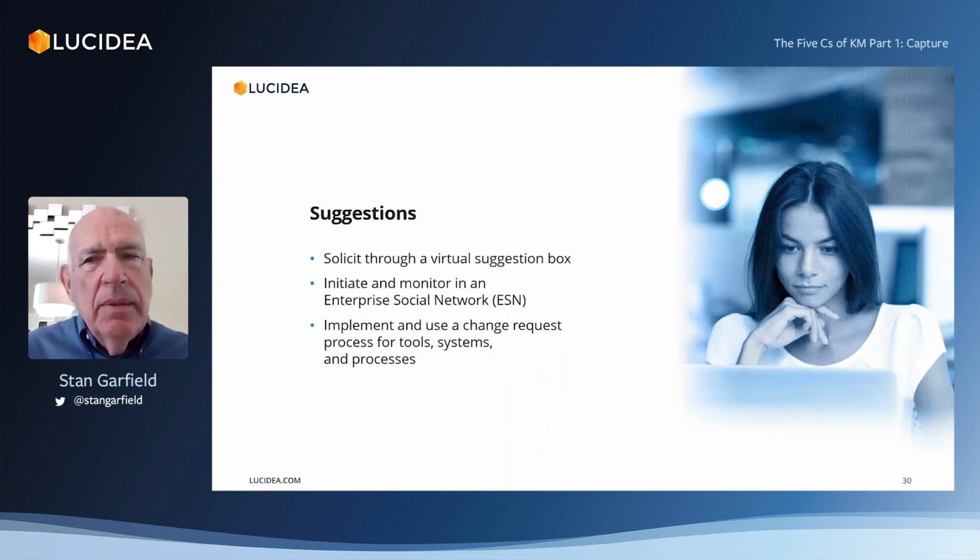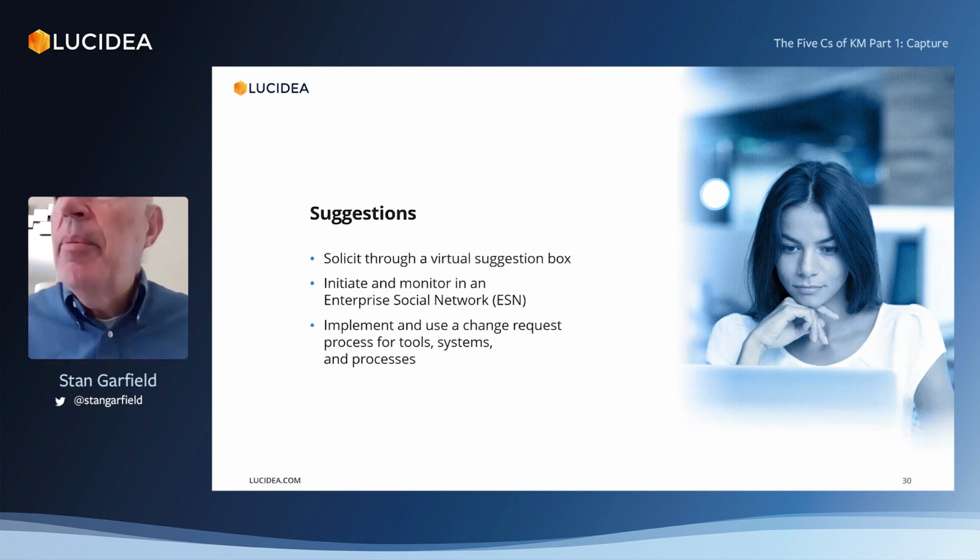inefficient? Well, if you don't make an explicit attempt to capture this kind of feedback, you may be blissfully unaware and think that you're doing a great job and your knowledge management program is a success, when in fact your users wouldn't agree. So putting in some formal way for people to let you know about this becomes an important